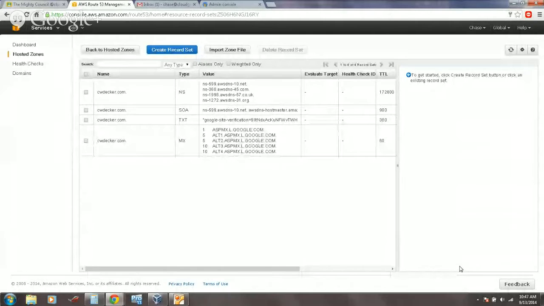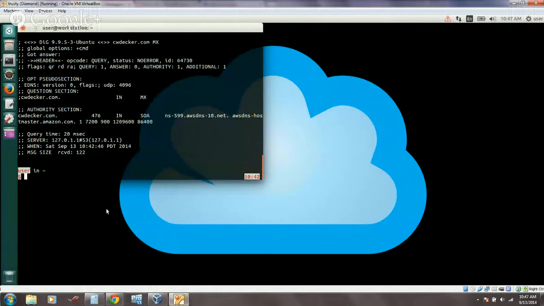And now we will go back to our dig terminal and dig the MX records again after waiting for 1 minute, 60 seconds. We have to wait for 60 seconds and then we run the command again. Go up arrow in this terminal, up. And now we are ready to run it in 40 seconds or something like that.